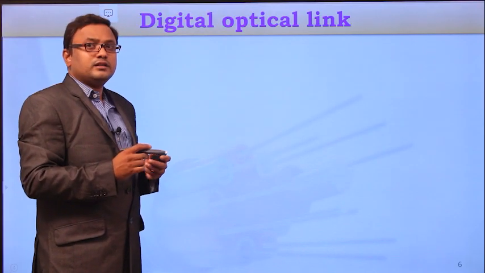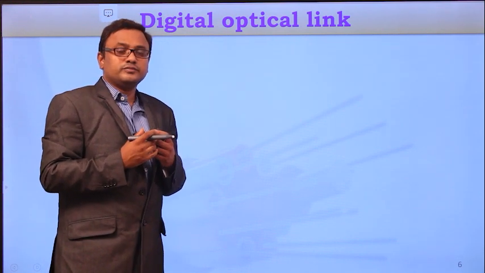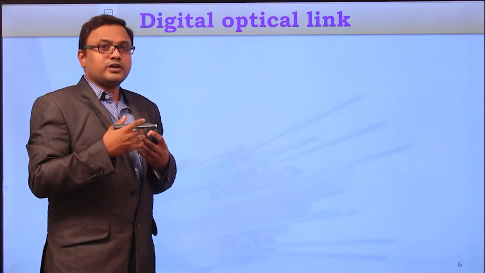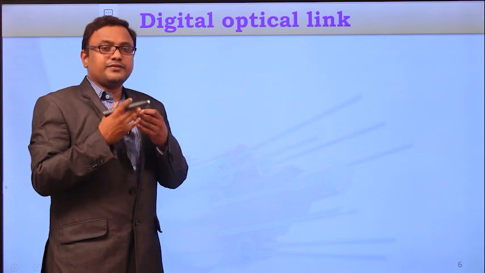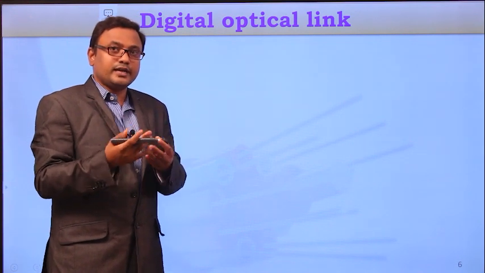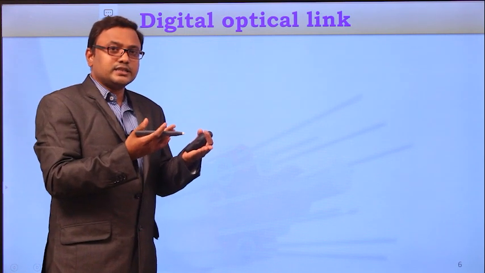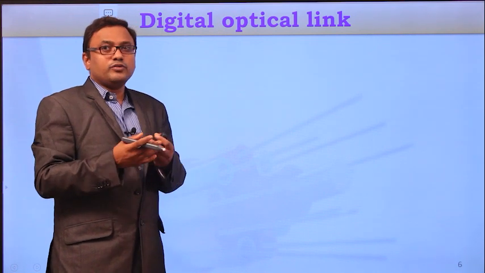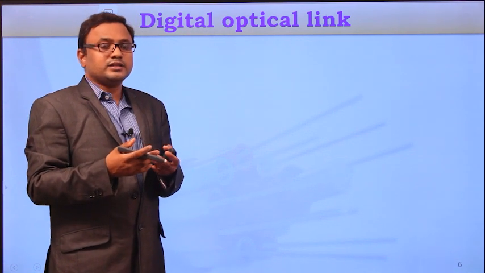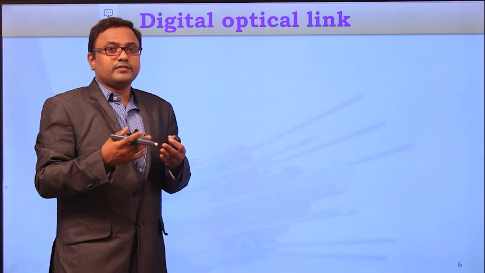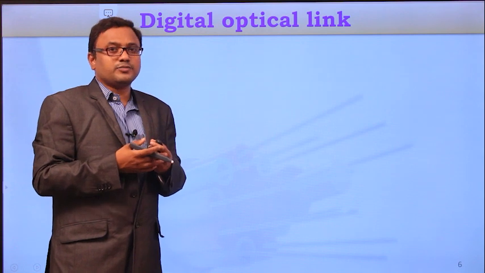Now we'll have a glance at the digital optical fiber link. Here, assume that whatever physical information we want to transfer between source and destination is already converted into an electrical signal. Since the physical information is in analog form, the converted electrical signal is also in analog form. But you know very well, if you try to convey analog information over the channel, it requires a lot of bandwidth, and it will undergo many interference problems.